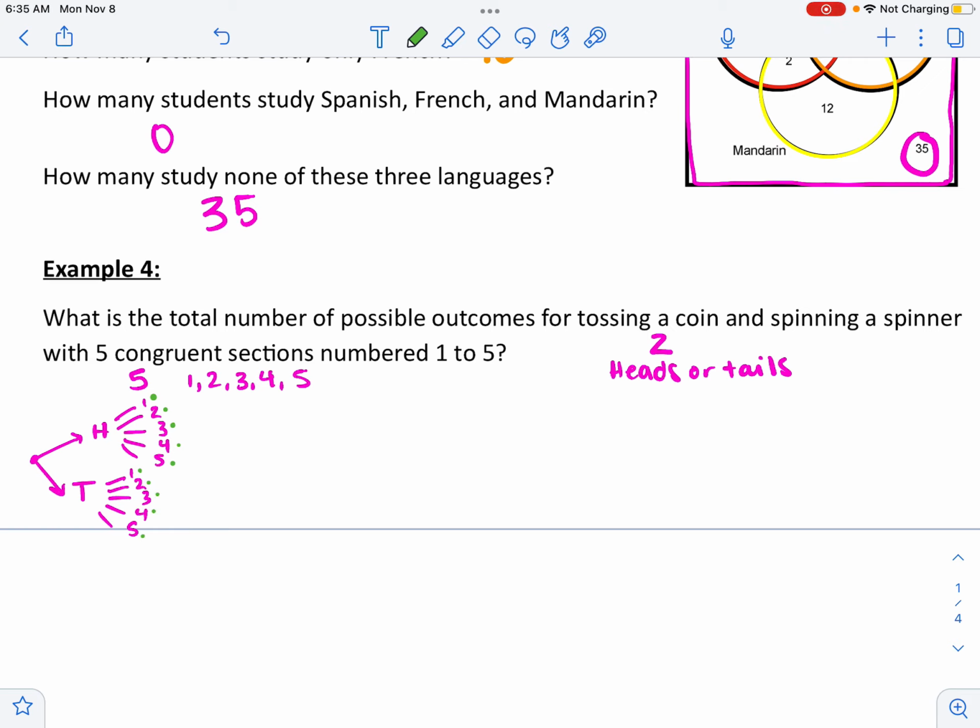So the way this works is if you follow, I flip a heads and then I spin a 3. That's a potential outcome. I flip a tails and I spin a 1. It could be any of these. Now, without drawing a diagram, there is an easier way to find this. And to find the total number of outcomes,